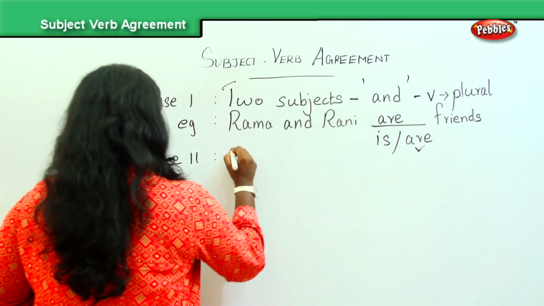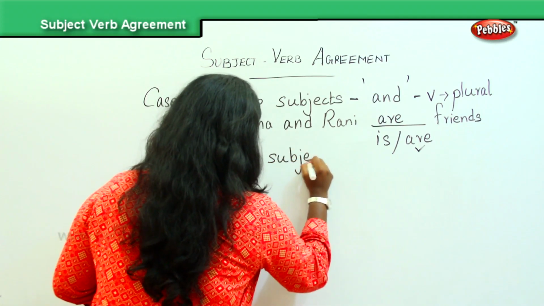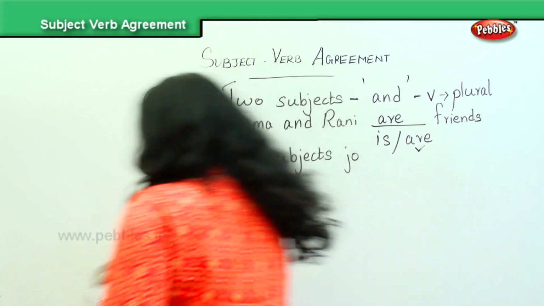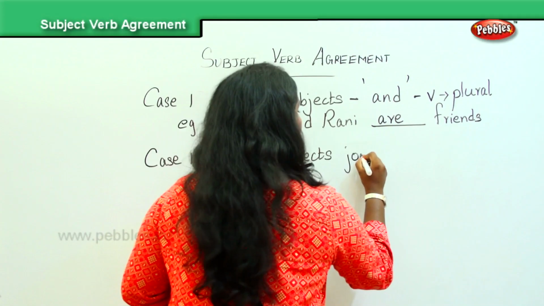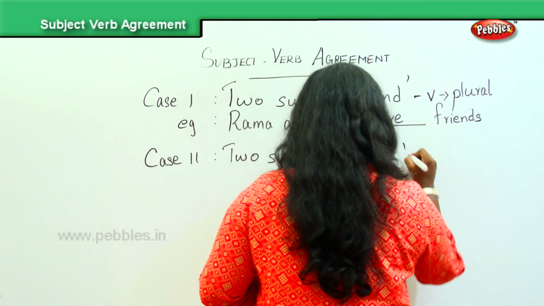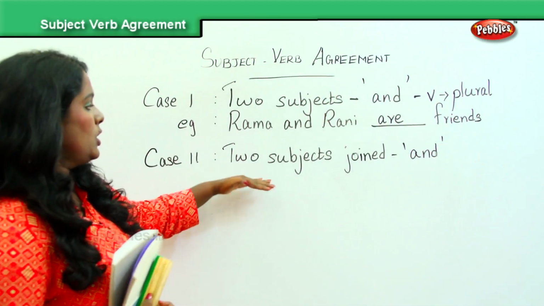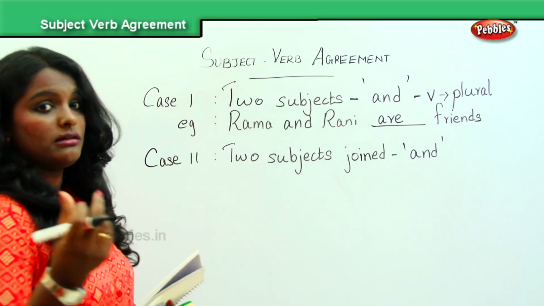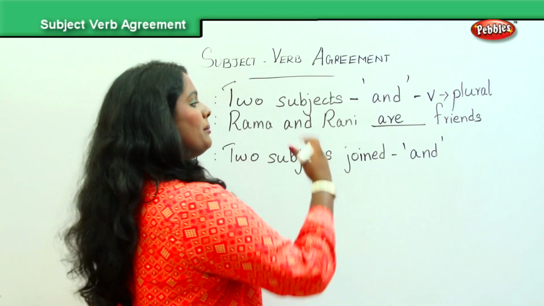That is when two subjects, let me erase this as this was an example only. Two subjects joined by and. Okay? Now, till this, it would be similar to the first case, but I am going to add another phrase to it. So, two subjects joined together by and